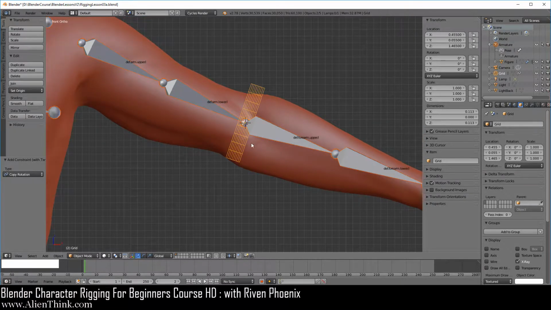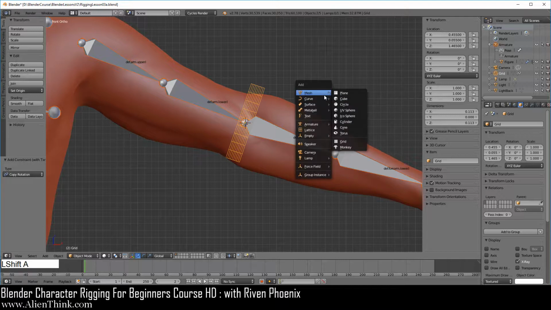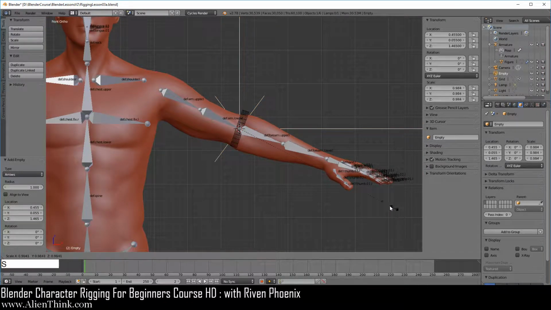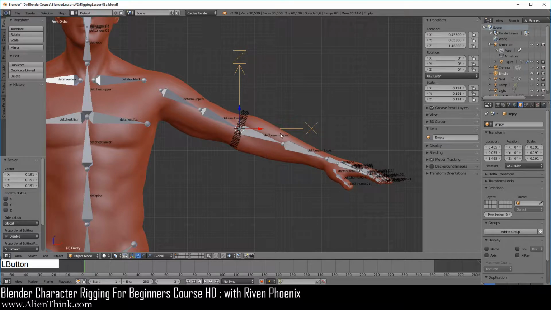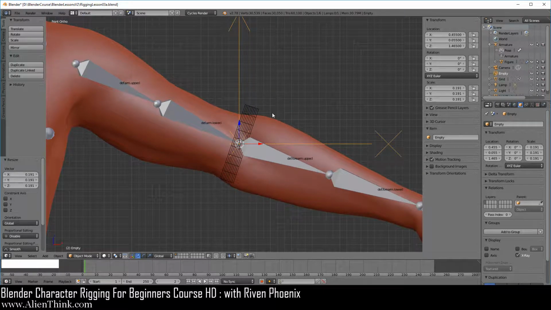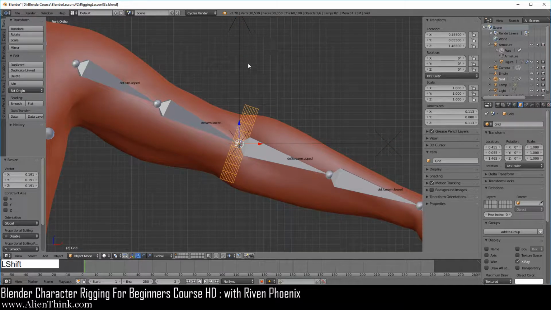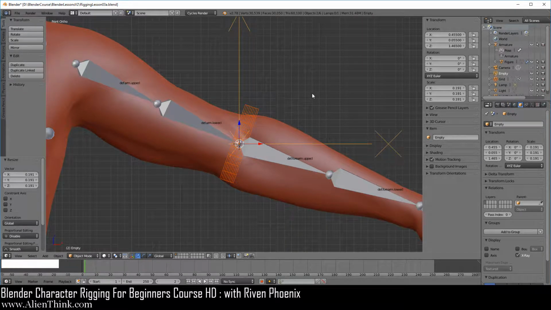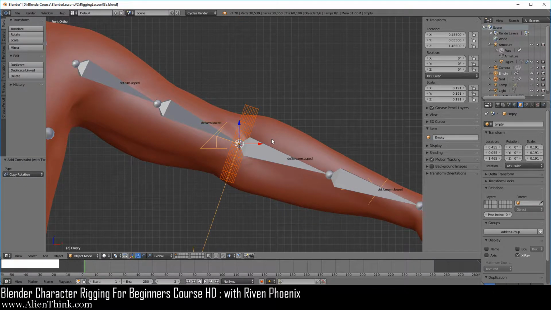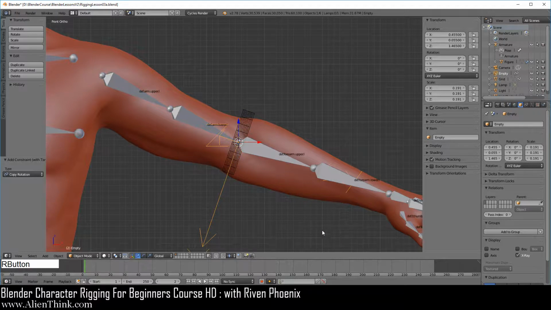Now we need to expose the axis for this bone on this grid. So we're going to do Shift A, and over here do empty and just do arrows, and it's going to be quite big, so press the S key to just scale this down, let's say like this. And of course we have to make sure that X-ray is enabled. Now over here, because we're already copying the rotation of the bone, we can simply just click on the grid, press the Shift key down, and click over here, do Shift Control C, and just do copy rotation. It's the same thing. Okay, now over here I'm going to just click this and actually press the S key to just scale this down just a bit more.